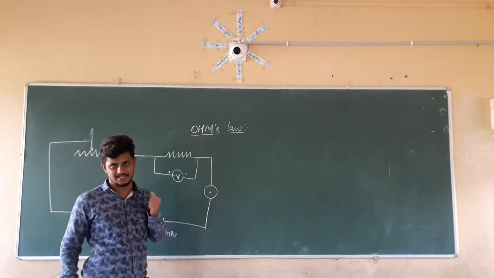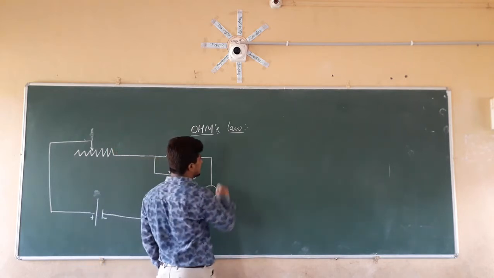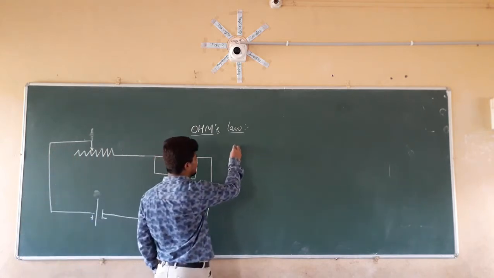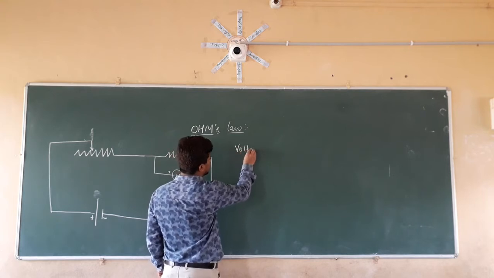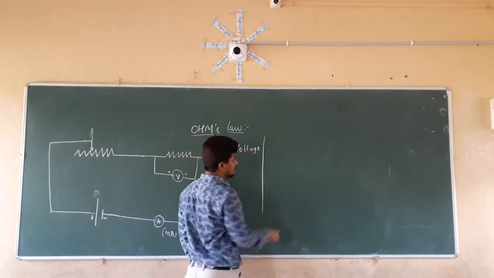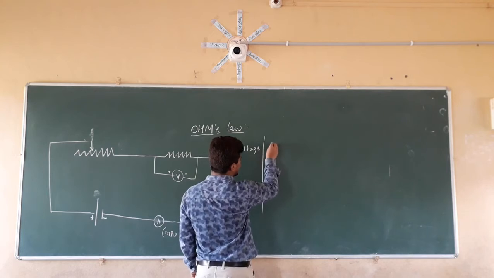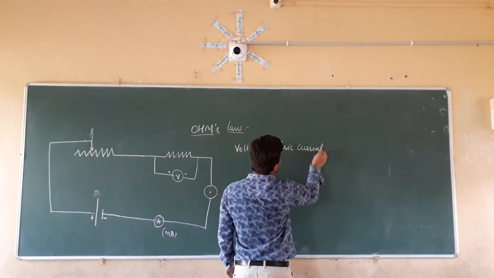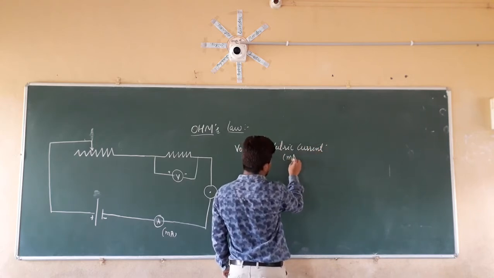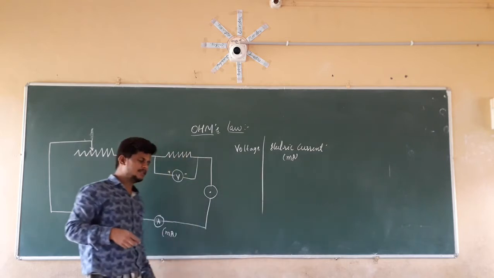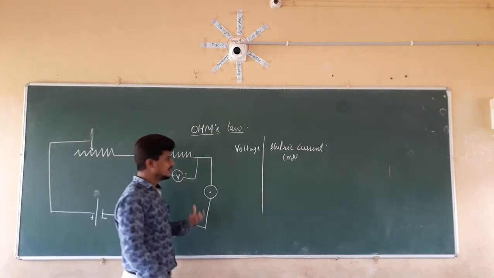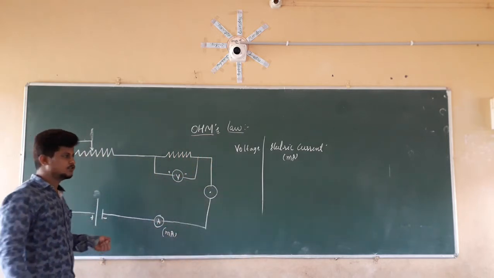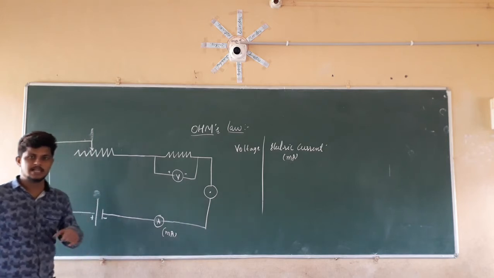What does Ohm's law state? For that reason, we are going to take different values of the voltage. For example, the voltage, that is nothing but potential difference. For different values of the voltage, we are going to check the different values of the electric current, that is nothing but I, which is given in milliamperes. Since the amount of current produced in the lamps is very, very small, for that reason we are going to take an ammeter which shows the readings in milliamperes.